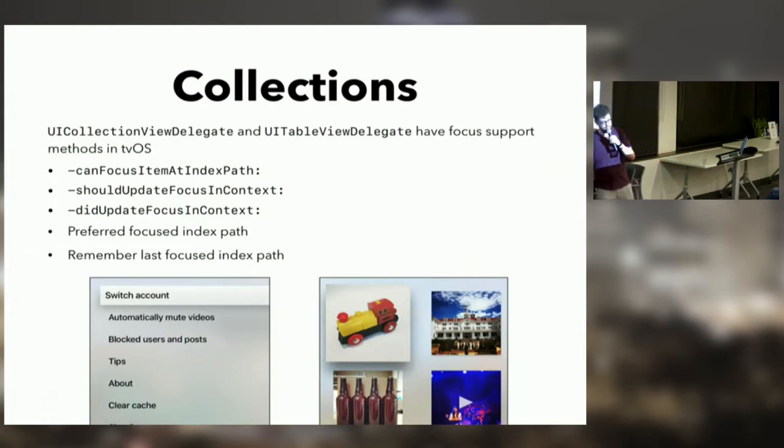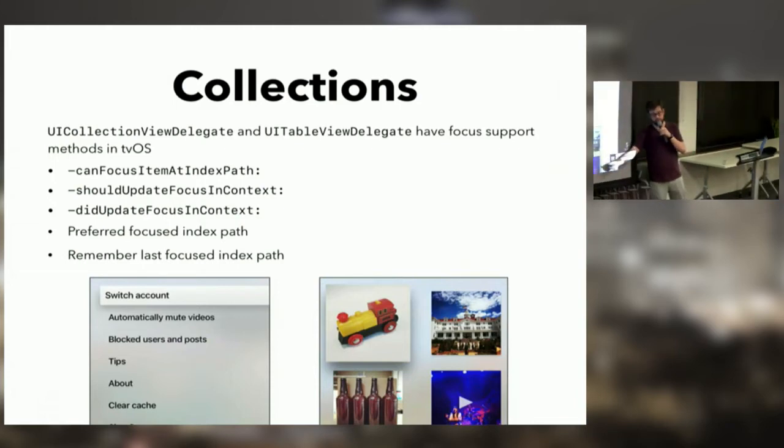This is actually two examples from my app Tangent. On the right, this is the settings page. That's just a super vanilla UITableView with text labels on it. Nothing crazy about that. And this is a grid of posts from Instagram. This is just a collection view, and each of the collection view cells contains an image view with that property that I mentioned set to yes on it. So very bare bones, but you can compose these things together and get cool effects. You can use these to do a lot in your apps.